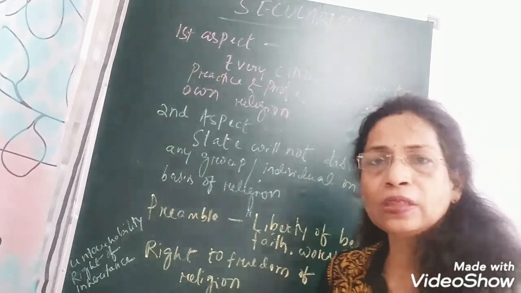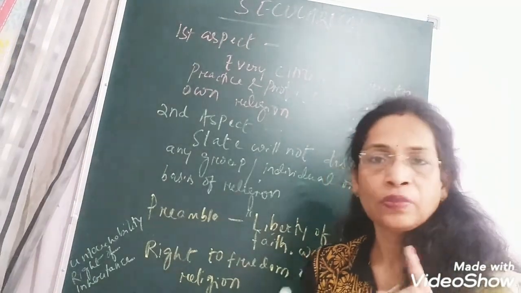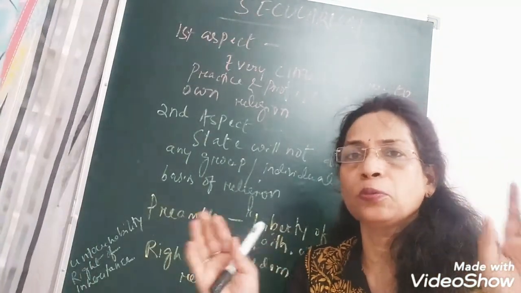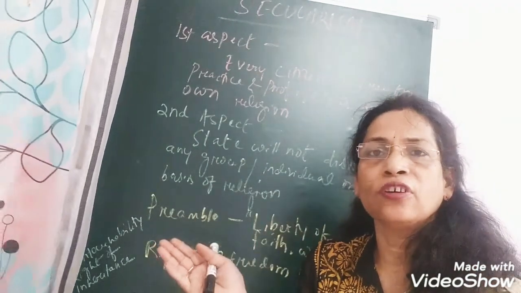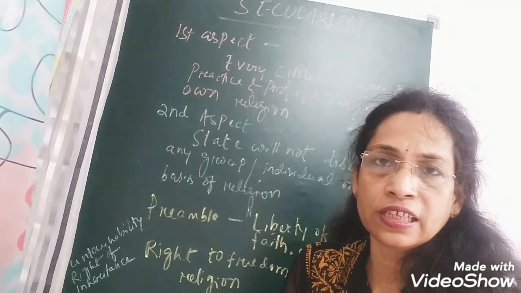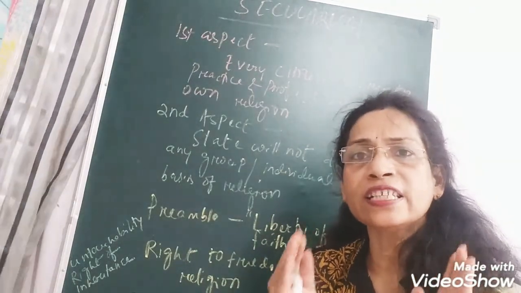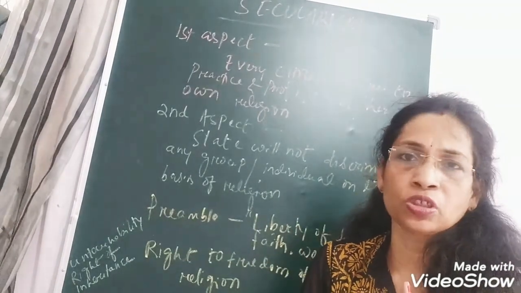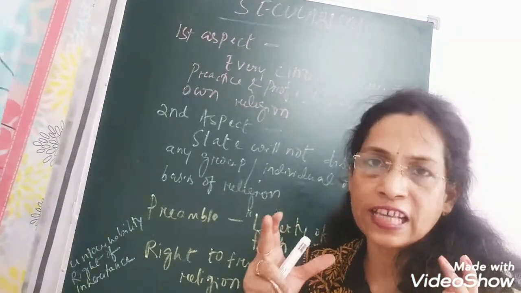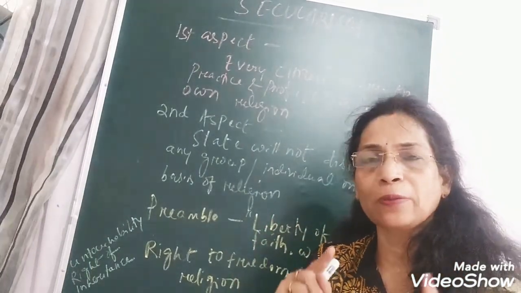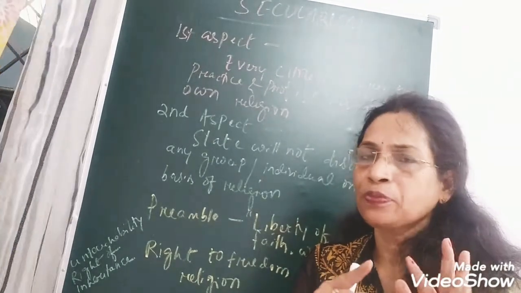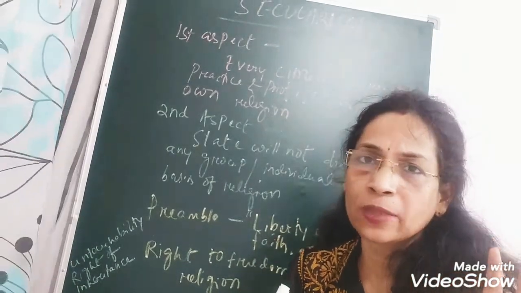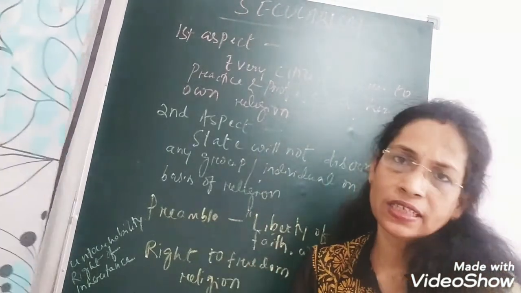One more is that sometimes the government can give special grants. Under the right to freedom of religion, there is no such provision that the government will impose any tax or that government funds will be given to religious institutions. But under certain circumstances, it can give some funds for the development of religious groups also. So these are the various aspects of Indian secularism. So we have completed 4 topics. The first one was fundamental rights, then fundamental duties, then directive principles of state policy, and the last topic was Indian secularism.